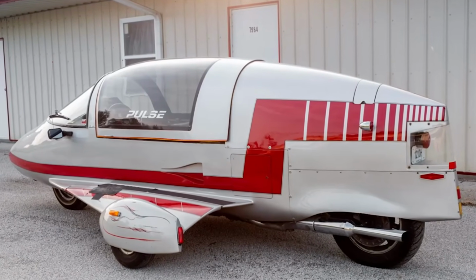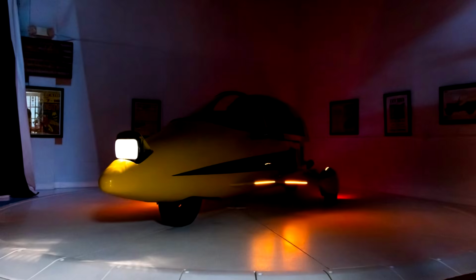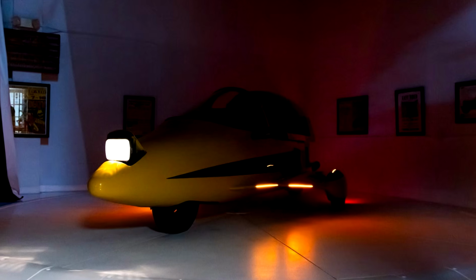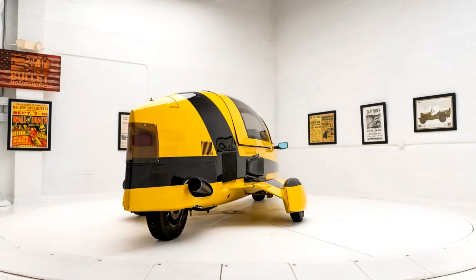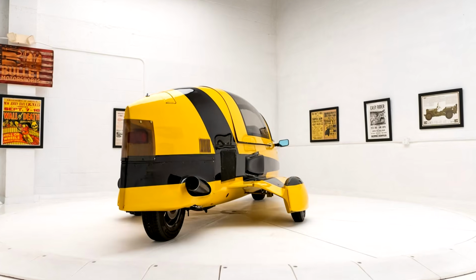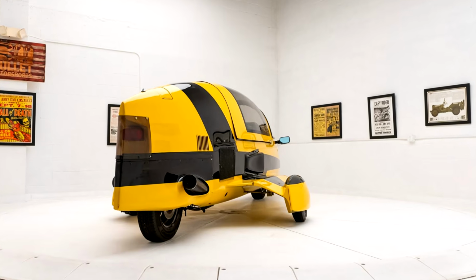But the collector market is wild. A tidy 1986 Pulse sold at RM Sotheby's for $29,150 in 2011. Meanwhile, a rare 1987 model fetched a rocket-worthy $40,700 at Mecum in 2018. One even hit close to $57,000 in private hands. So next time someone tells you that weird can't be valuable,